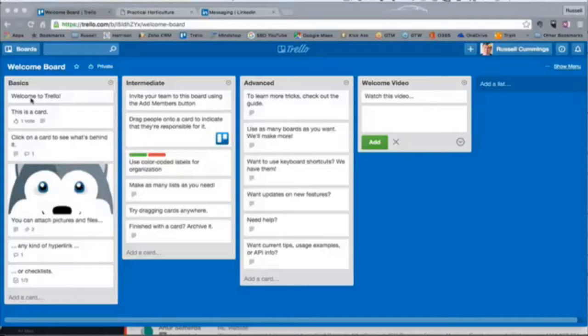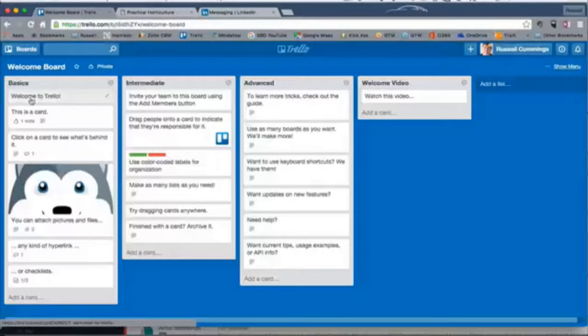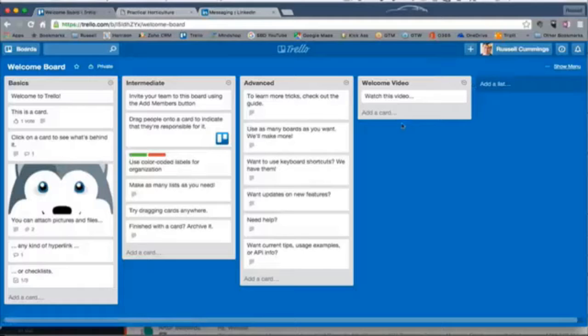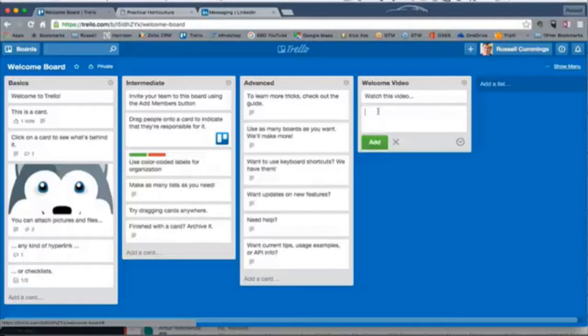And then each of these is a card, all right? So I'll just click on it, so it opens up. So this is a card, and we can edit, put the name, description, we can add comments, we can do all sorts of things into it. So I'll just take you through quickly how we add a card, right? So we go here and we go add a card. All right, so we give it a name, we call it test, and we add that, and you click add,